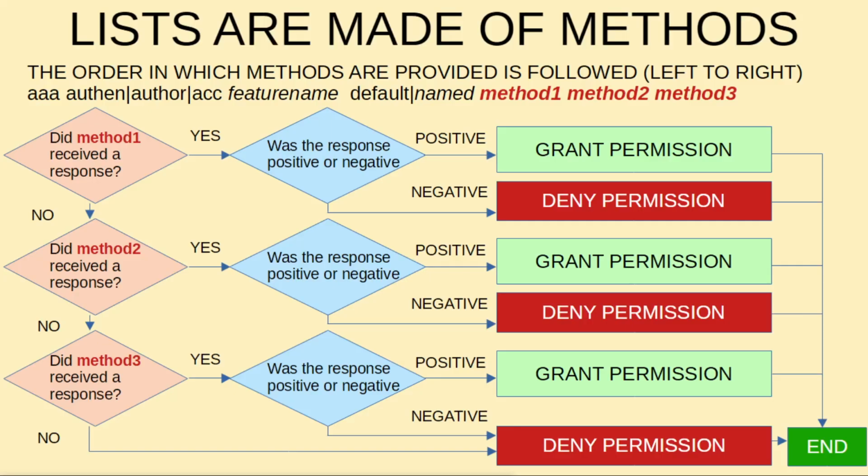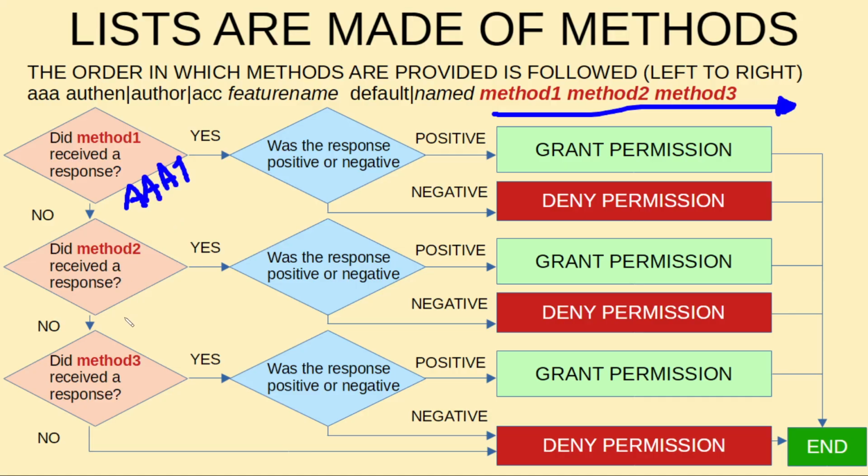Let's see how method lists work. We are going to add methods to the method list by configuring them from left to right. And that is the way these methods will be processed, in the same manner, from left to right. In this example, we have three methods. Let's say that method 1 consists of asking permissions for a feature for a certain user to server number 1. And method 2